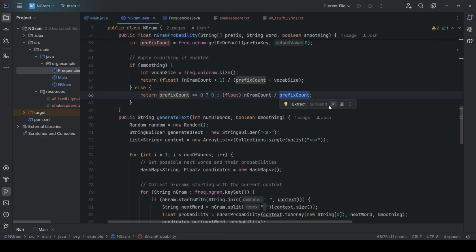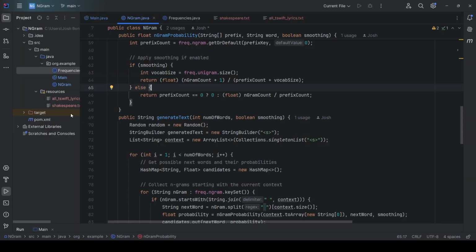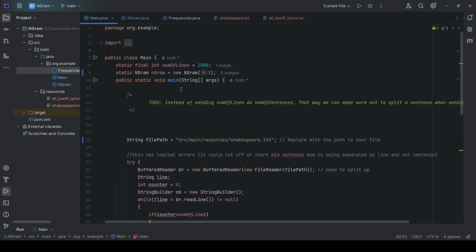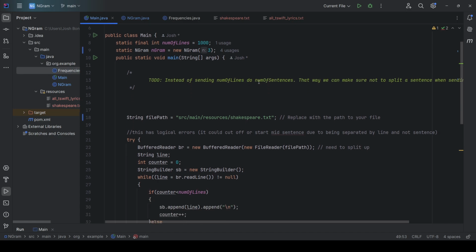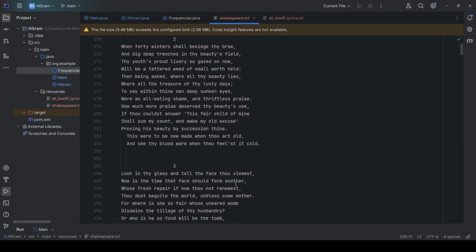The Laplace smoothing, you pretty much do that because if for some reason there's a 0% chance, 0 probability, I guess it's mostly, from what I've seen, if your text or corpus is in a weird or formatted incorrectly way. Basically, if there's like an end of file or end of line based on how you're doing it. Right now, my to-dos in my main, I take it by lines, but lines don't necessarily mean sentences. So I have a little to-do list to instead of going line by line, go sentence by sentence. And this is because, for example,